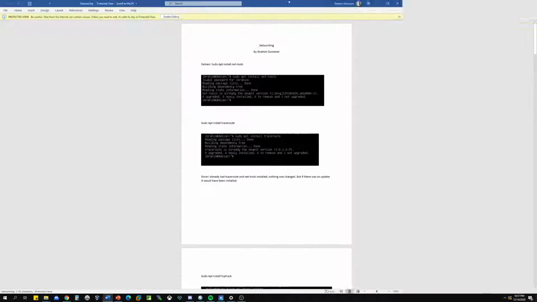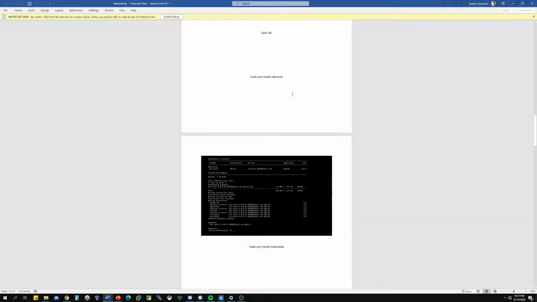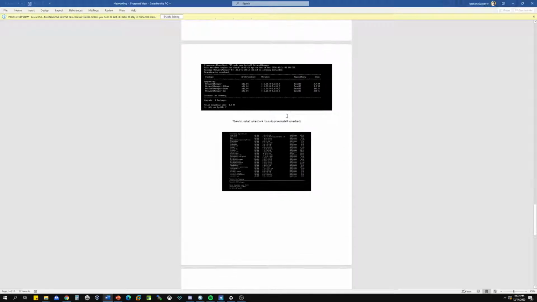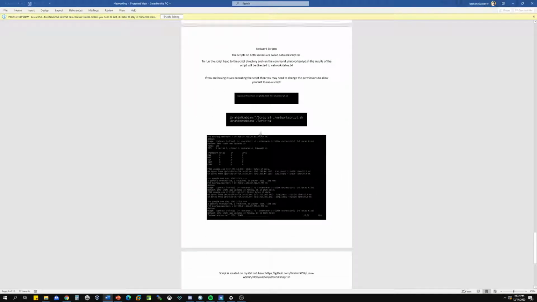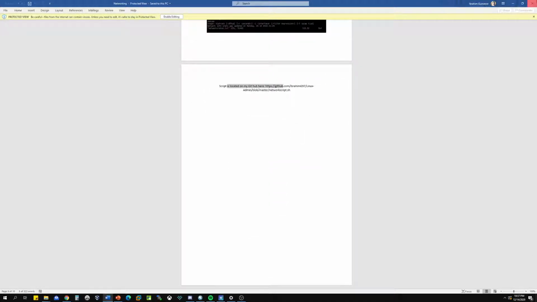Yeah, so it's basically a little install guide I had. I know it's a little rough. I kind of struggled with it, but I did the best I could. It's just basically explaining how I installed everything and where to run the scripts. You can find all of this on my GitHub.